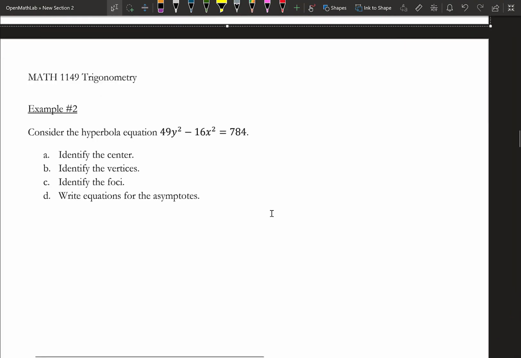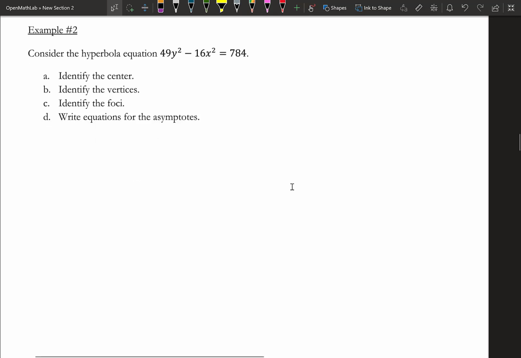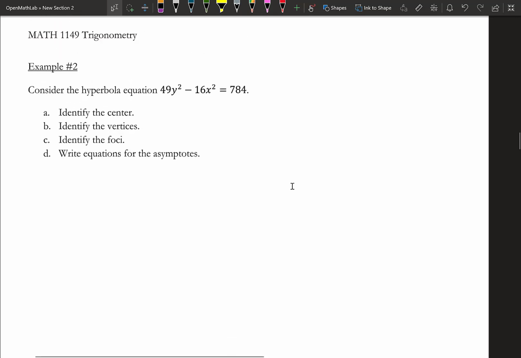All right, so I'd like to go to the second one. This one's slightly different. Notice that the equation is not in that standard form. We want that right side to be 1, and currently it's 784. So we're going to have to do some manipulation here to get it in that standard form first, but it's not too crazy hard. We need this to be 1. So part A,